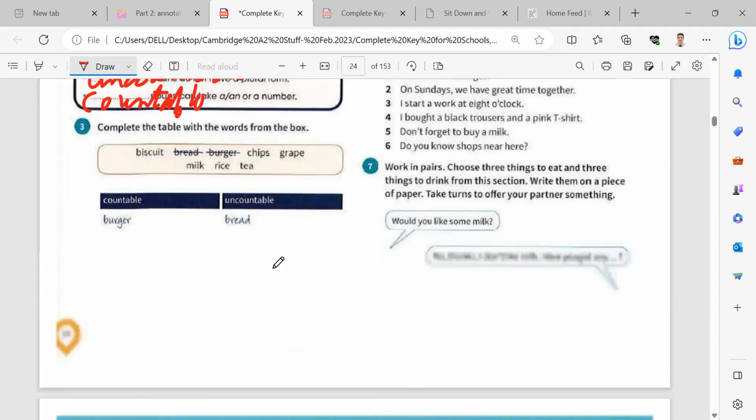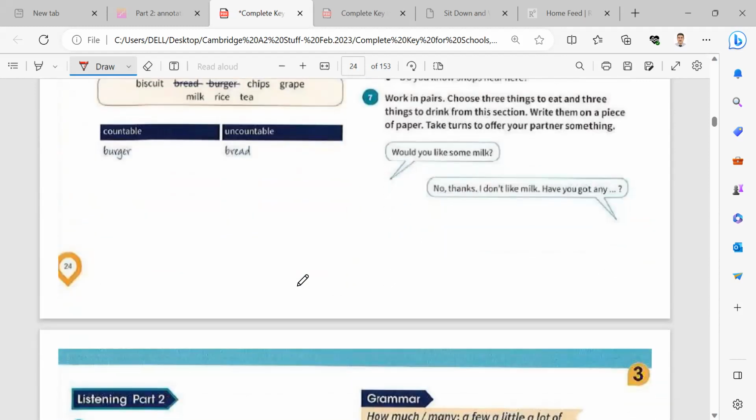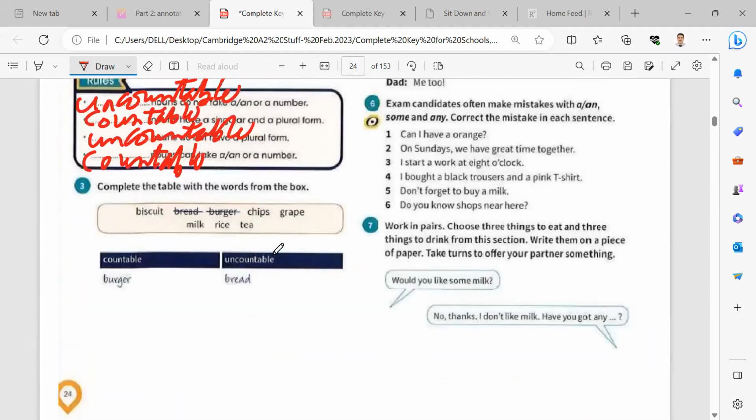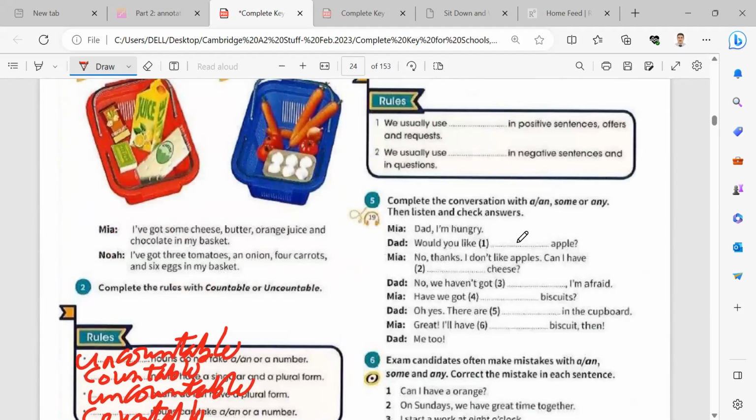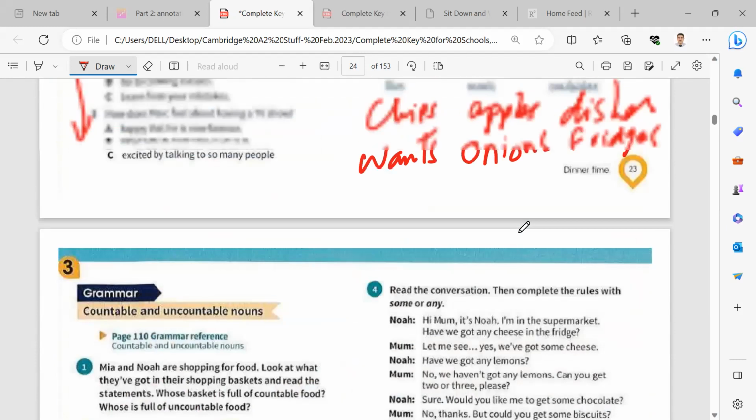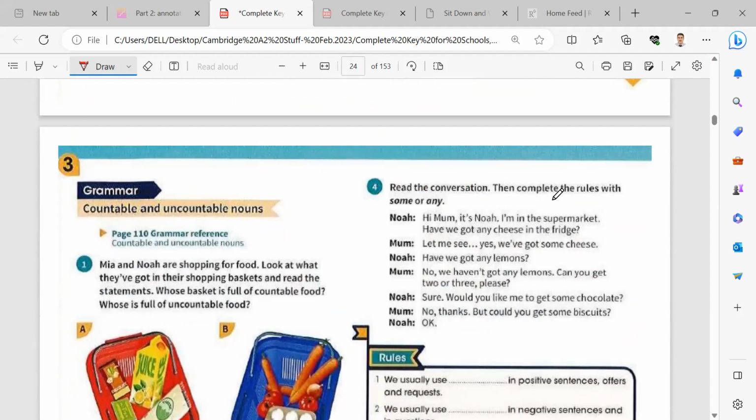Right. Here we have another example. Biscuit, bread, burger, chips, grape, milk, rice, tea. I think easy for you, right? Yes. Okay. So now complete the